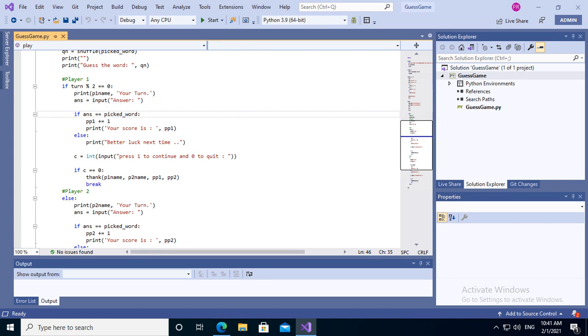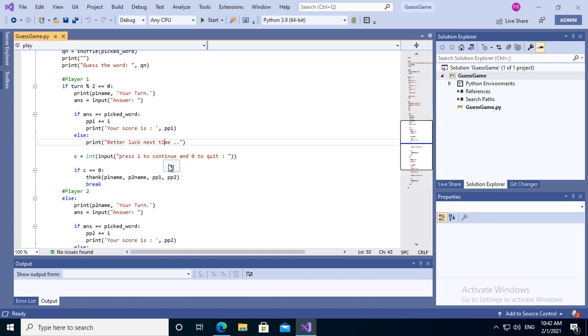Now if the answer given by the user is exactly equal to the picked word, then his point is increased by 1. Here I have added 1 to his previous point and updated him with the score. The else part will run if the answer is wrong. Let's say better luck next time.